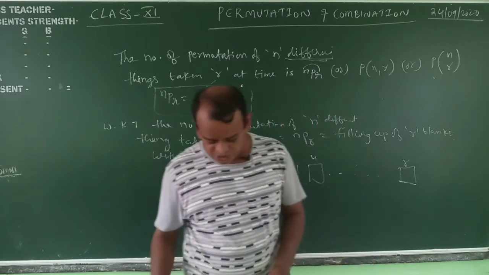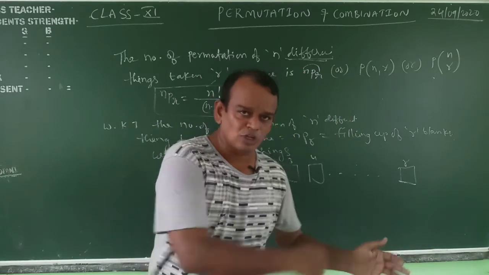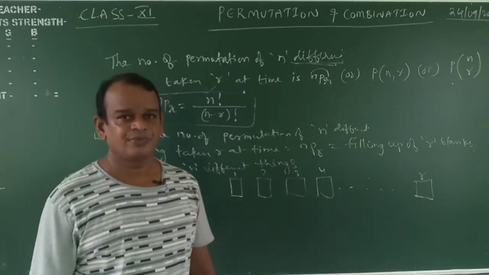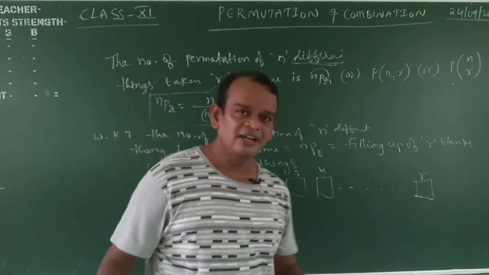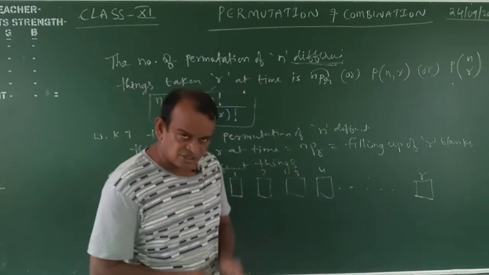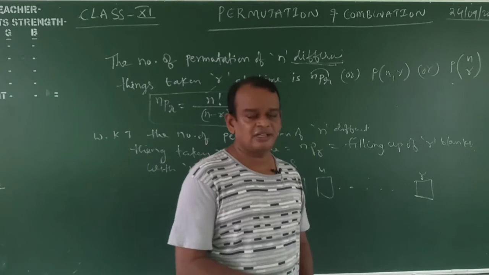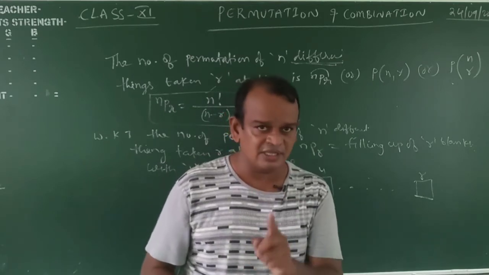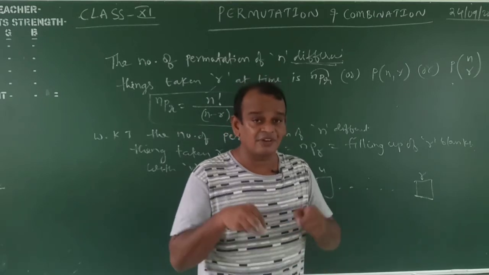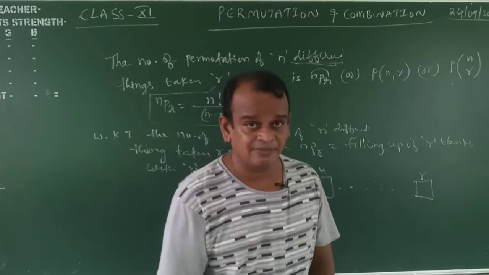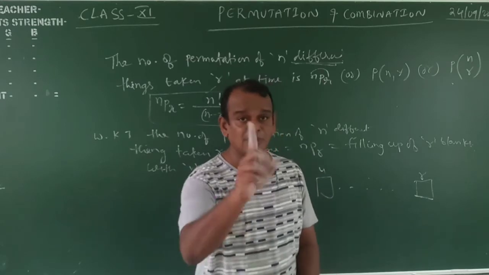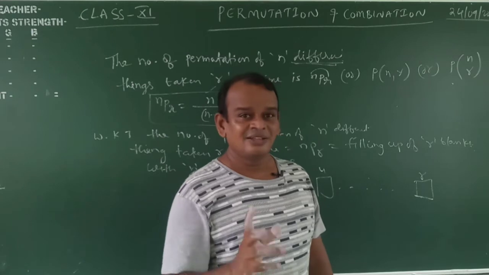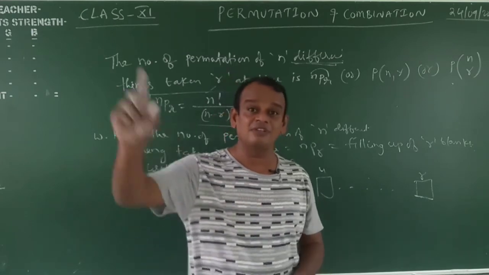Simply, suppose here 4 chairs are there, and 10 students are there. Now I will take the first chair. In the first chair, how many members are sitting? Only one member sitting, out of 10, compulsorily only one member. What I am asking means chances: how many chances for the first chair of the 10 students?